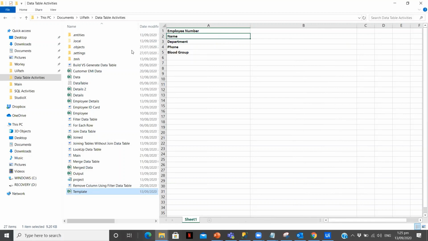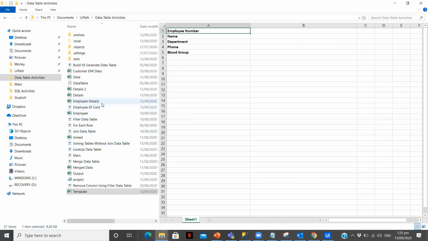So let's get started. Now, as you can see on my screen, this is the template that we are going to use. So we have details in another Excel file, which I will be showing you soon. But here we are going to fill that data and we are going to convert this particular employee Excel file into a PDF and name that PDF as the employee number. So this is the template that we are going to use.